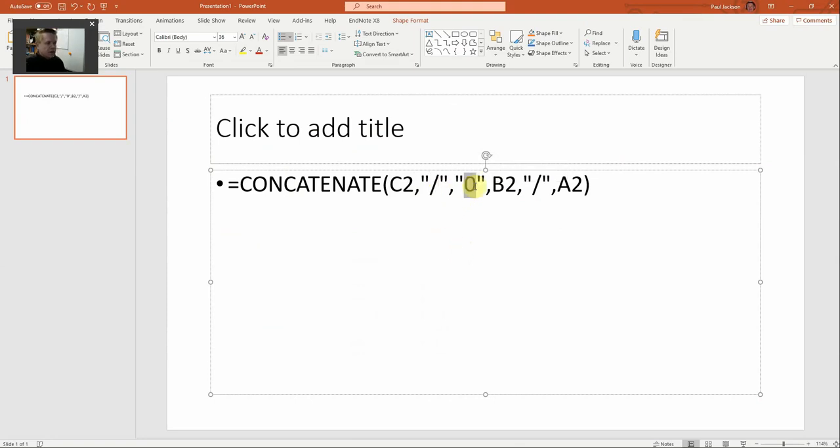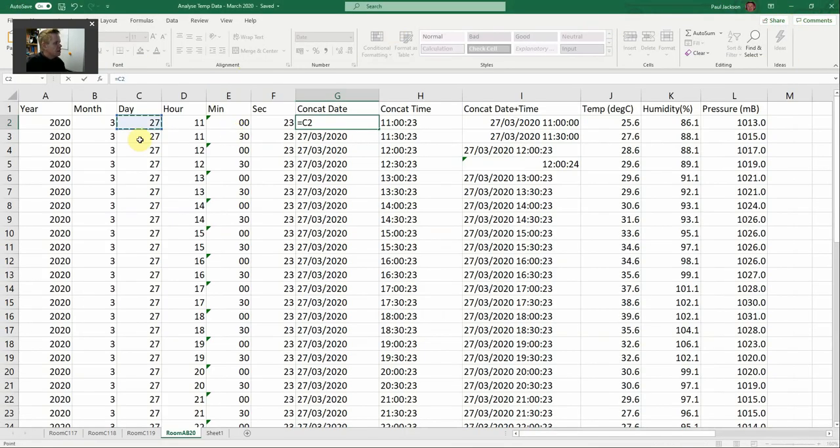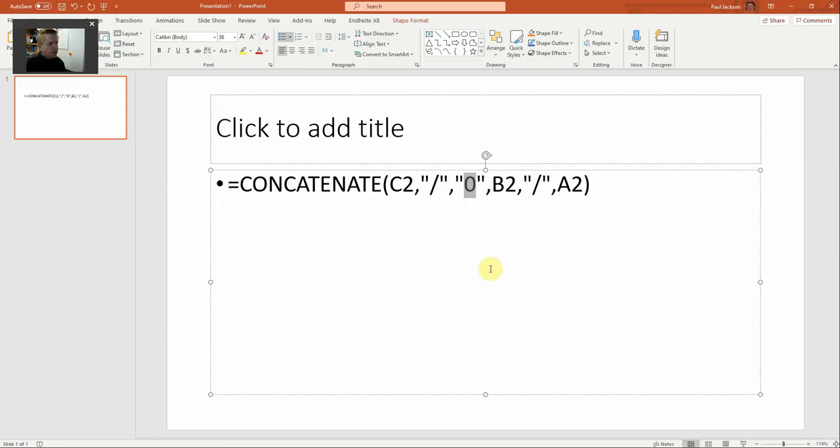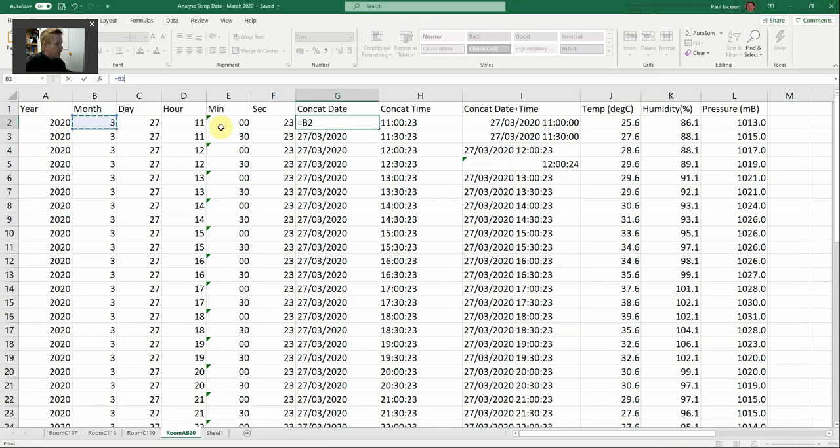I've put a 0 in there because I noticed that my months didn't have a 0 in front of them. Then the next thing I put in was cell B2 here. I then add another slash and then I add A2, A2 being the year. Concatenate that together, you get 27th of the 3rd,